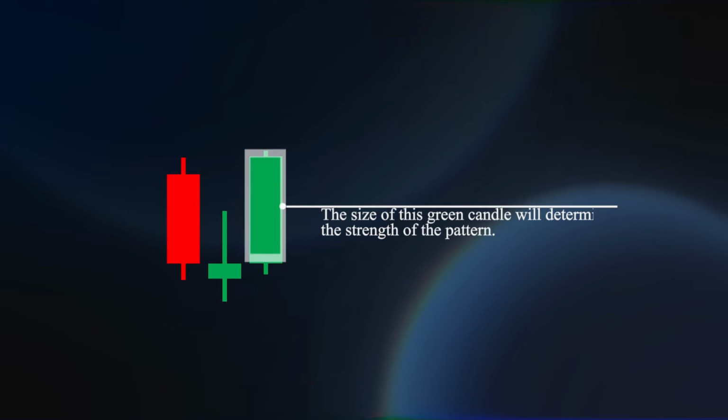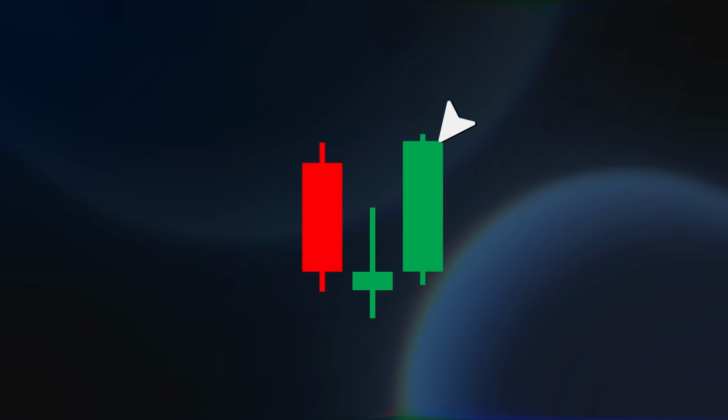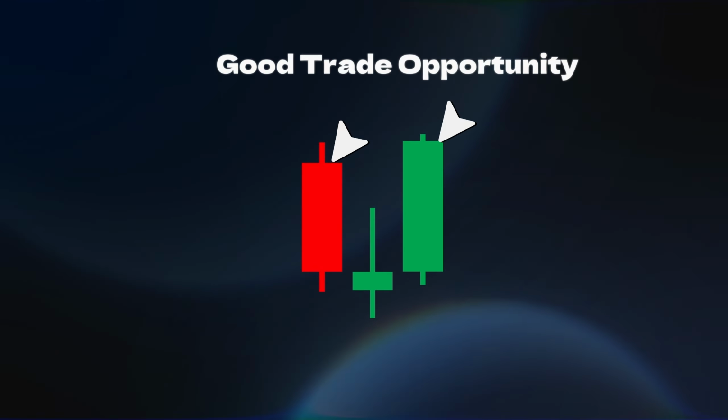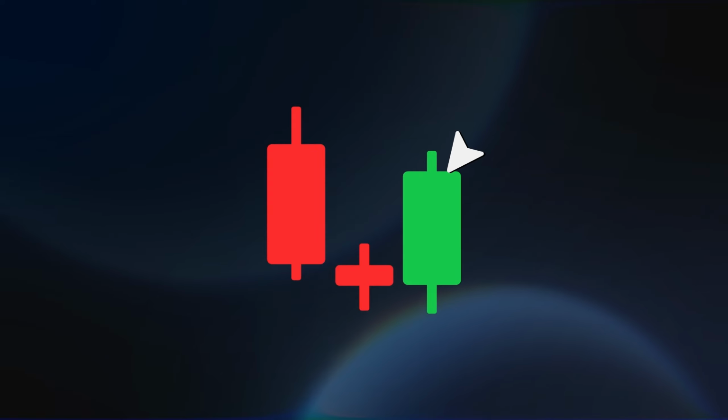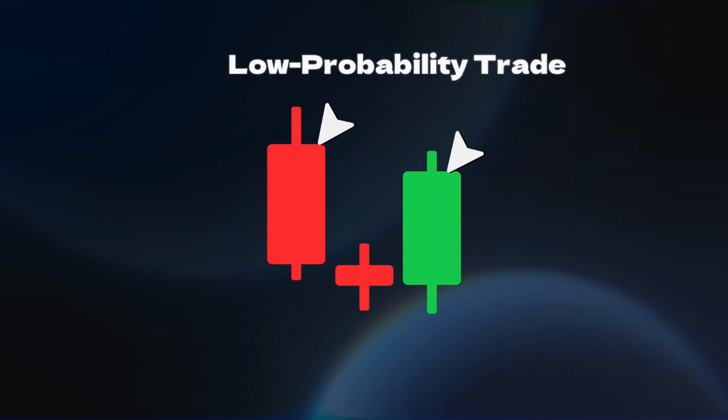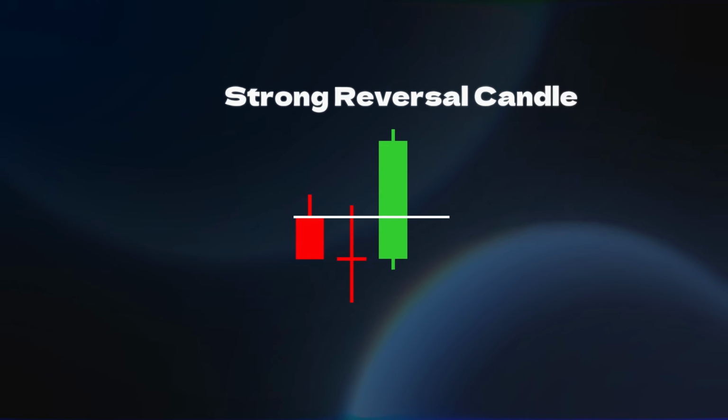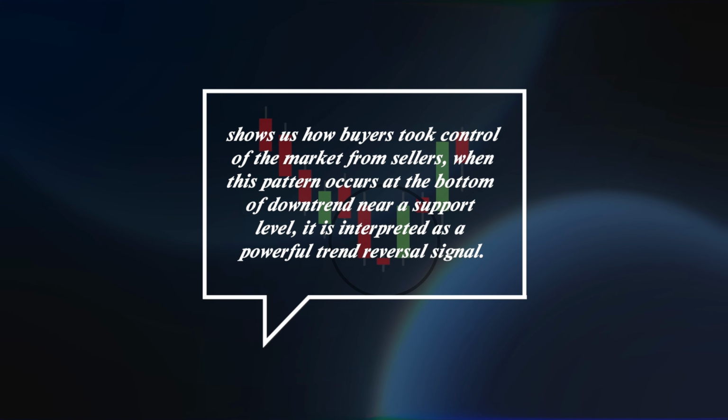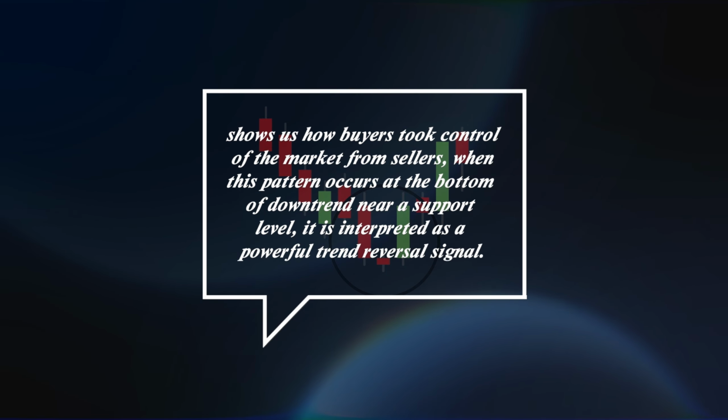The size of this green candle will determine the strength of the pattern. If the candle is as big as the red candle, then it is a good trade opportunity. If it is smaller than the red candle, it is a low probability trade. Lastly, if the green candle closes above the high of the red candle, it is a strong reversal candle. The morning star pattern shows us how buyers took control of the market from sellers. When this pattern occurs at the bottom of a downtrend near a support level, it is interpreted as a powerful trend